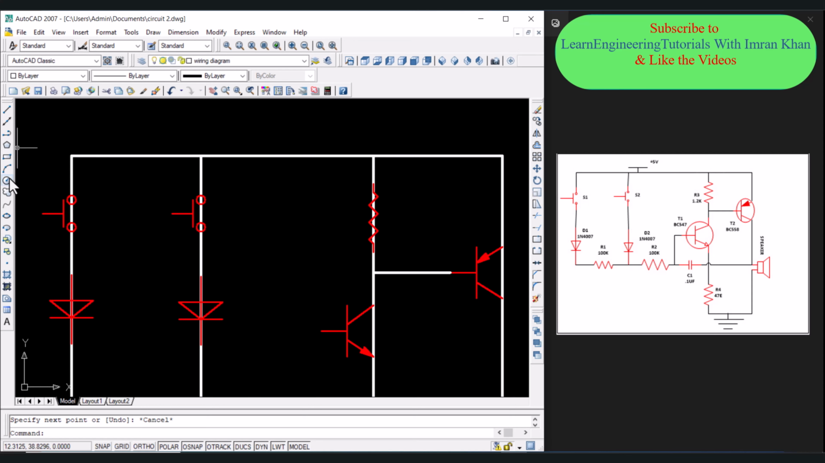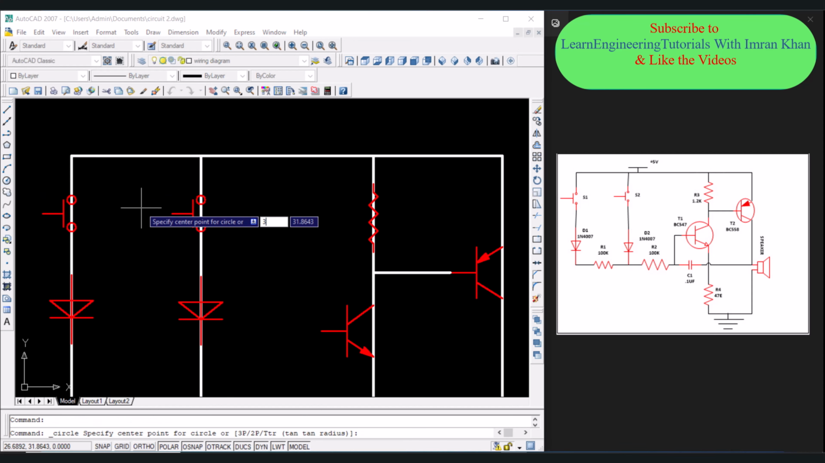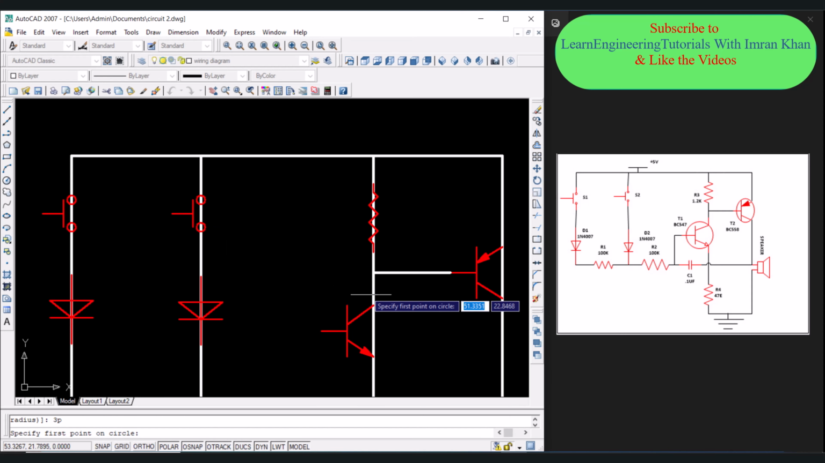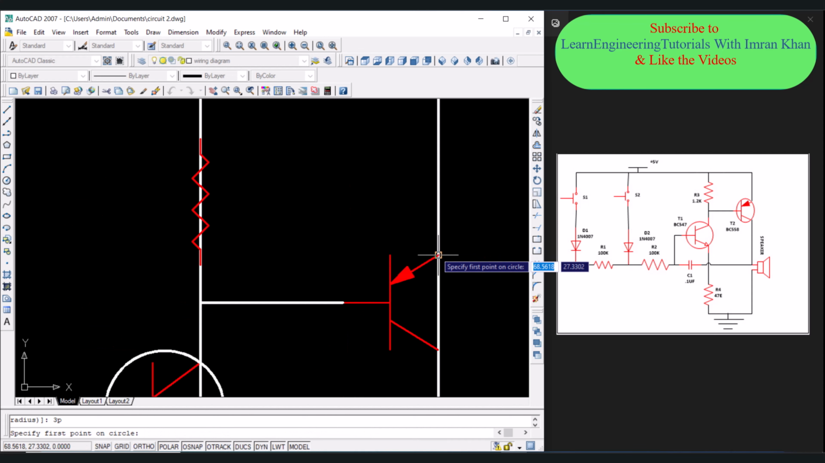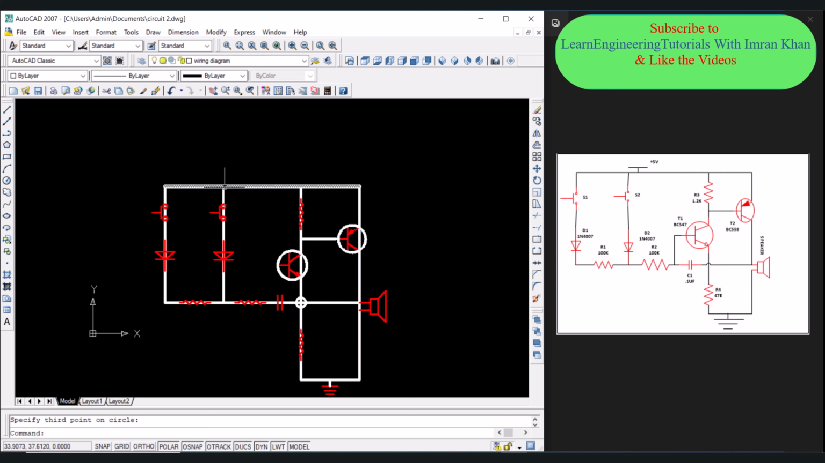For that, click on circle, click on 3 points, first point, second point, and third point. Again click on circle, write 3p, enter. Click on this endpoint, and click. Now we have to add a battery over here, so click on line,